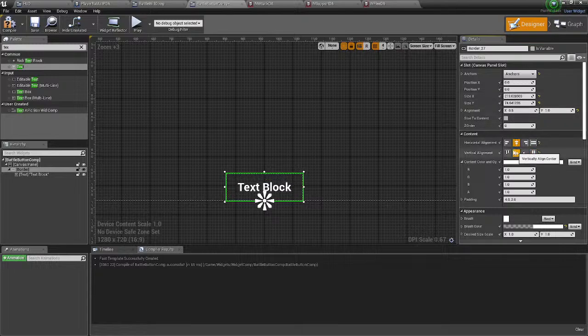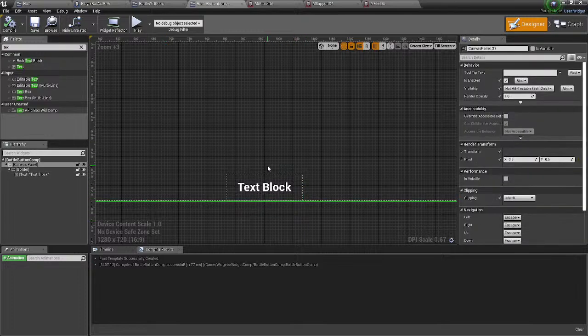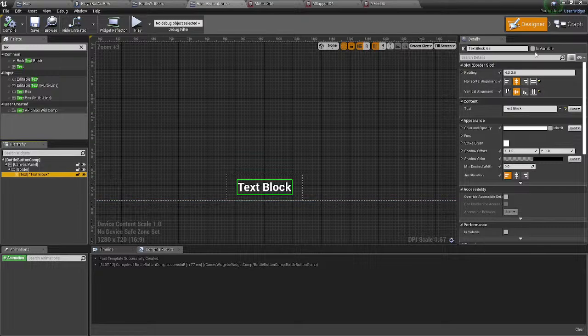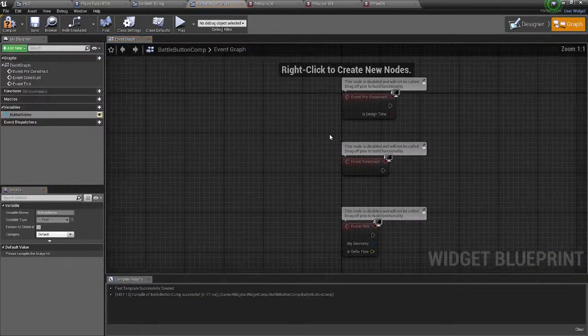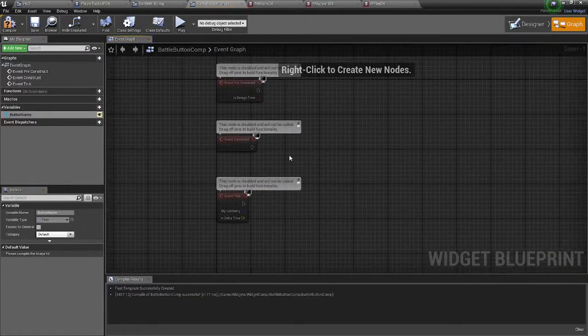Make sure it's all centered. Okay, I'll make this a button lighter. I actually need this to be a variable, and I need to do a little bit of things here. Button name. Do I need this whole thing to be a variable? I shouldn't. So